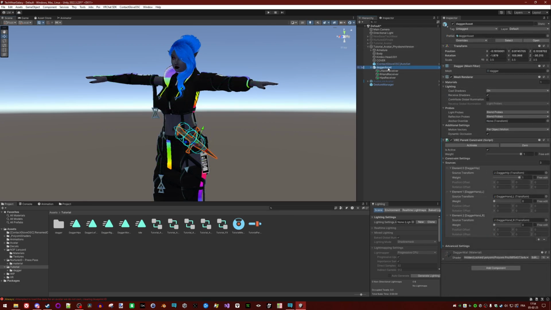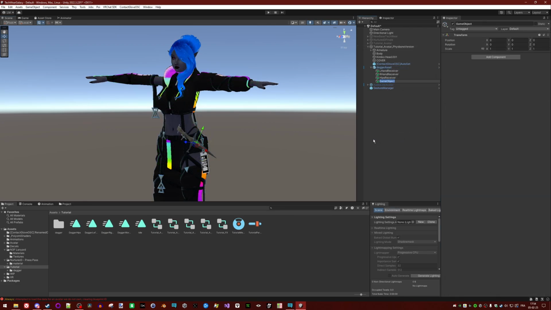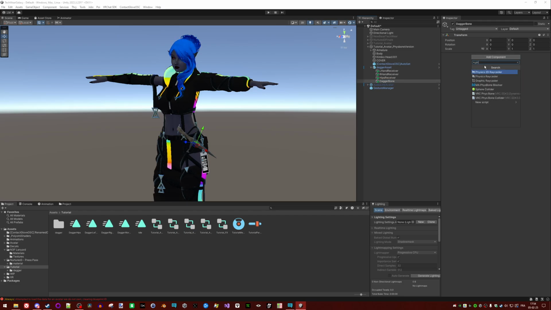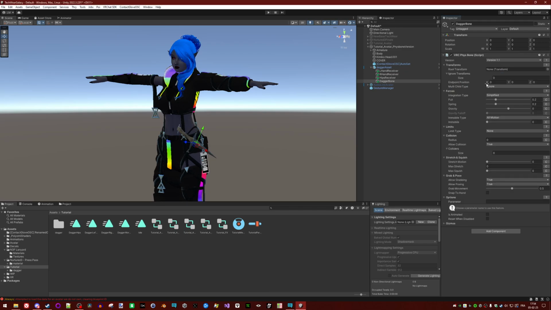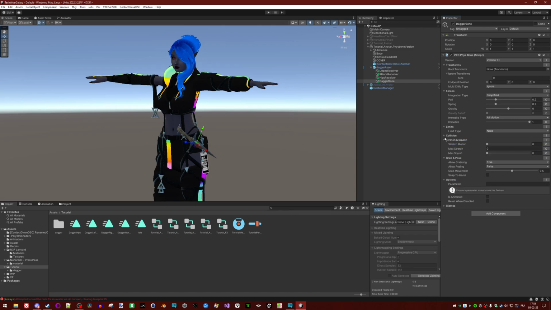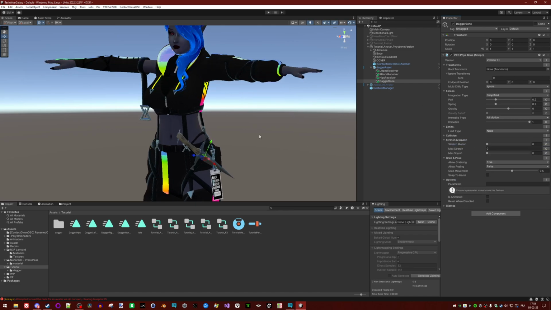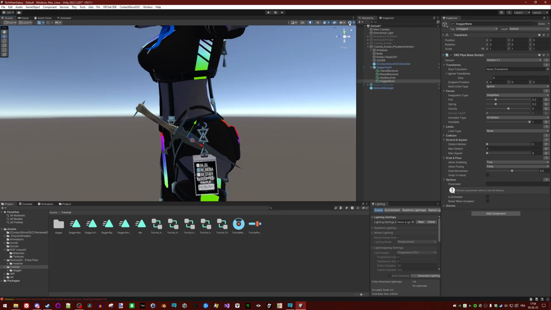So you select your dagger, you create an empty, we'll call it dagger bone, add component, fishbone, immobile 1, allow grabbing true, allow posing false, and collision false. Be sure the gizmos are visible because you need to type an endpoint position.